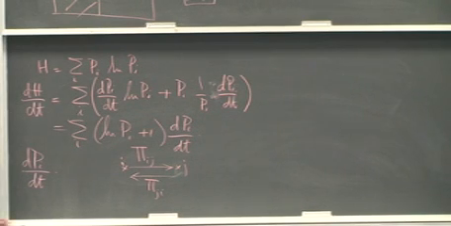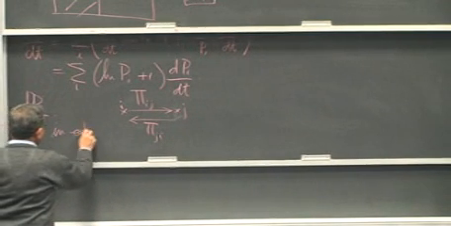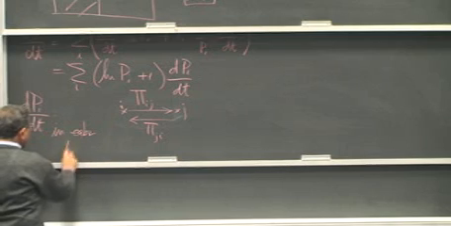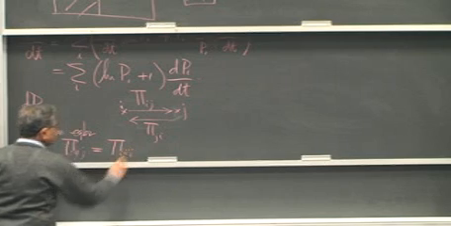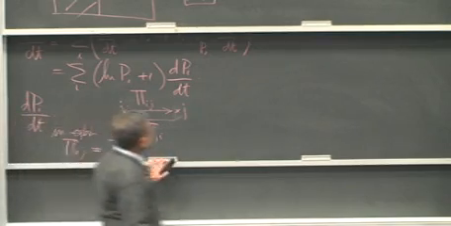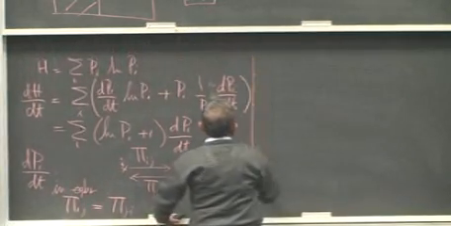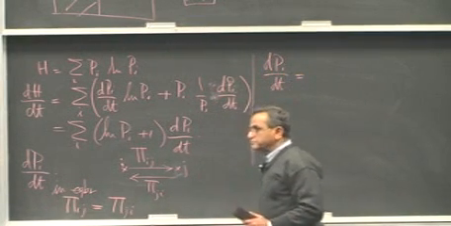And in equilibrium, there will be as many transitions from i to j as transitions from j to i. In equilibrium, if the system has reached a particular state of equilibrium, there will be as many transitions taking you from state i to state j as from j to i. So you say that, look, dpi by dt